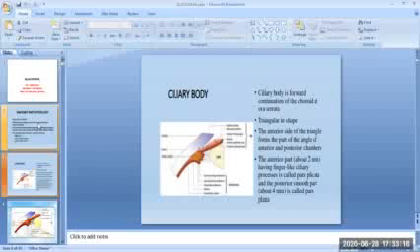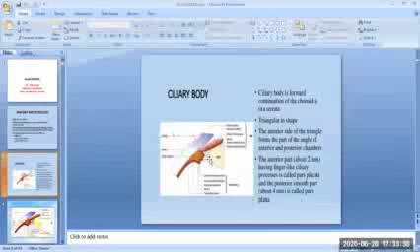Before that, we have to understand what the ciliary body is. It is a forward continuation of the choroid at the ora serrata. The ciliary body is a part of the uvea tissue, which is the second coat or tunic of the eyeball, and it is triangular in shape. The anterior side of the triangle forms part of the angle of anterior and posterior chambers.